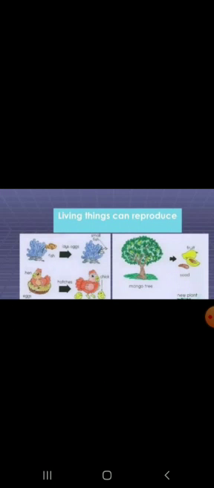Animals produce young ones, plants produce seeds, and by sowing these seeds, a baby plant emerges, germinates, and then it develops and grows into an adult plant. So it means that both plants and animals reproduce in order to make new life, in order to make their own copies. And if a species does not reproduce, it can die out. It will remain no more. So it is an important process. It is a characteristic of living organisms that living things reproduce.